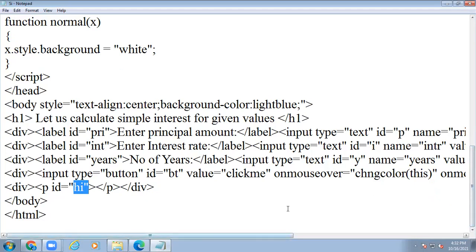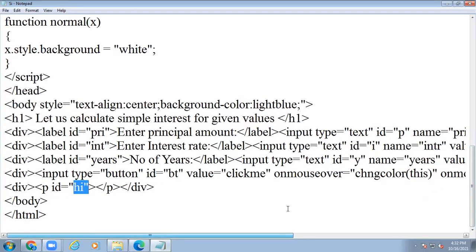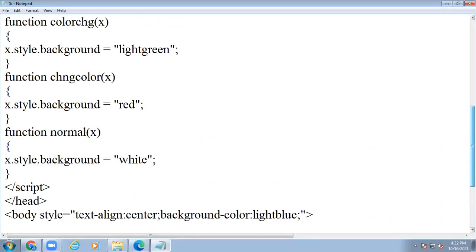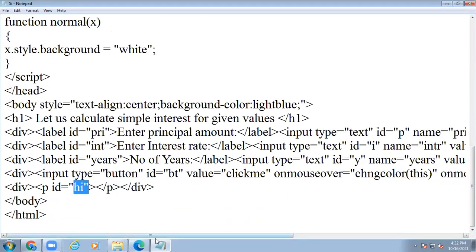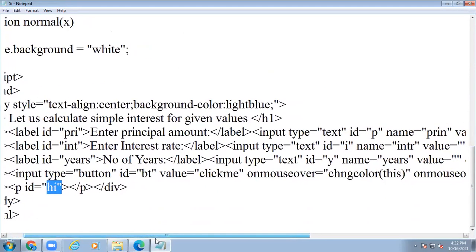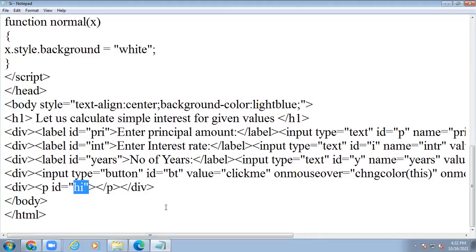Here in the first division, enter principal amount, right? Here we have closed the label tag and then the input text comes down. The input type text means that box content we are representing in the text box manner.